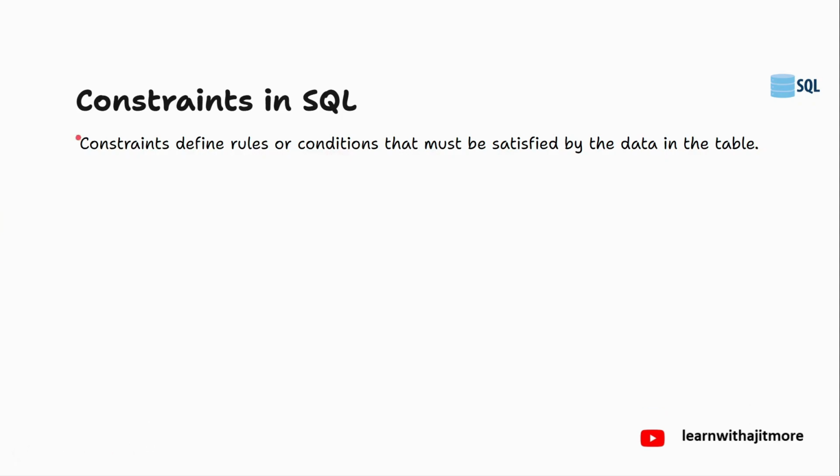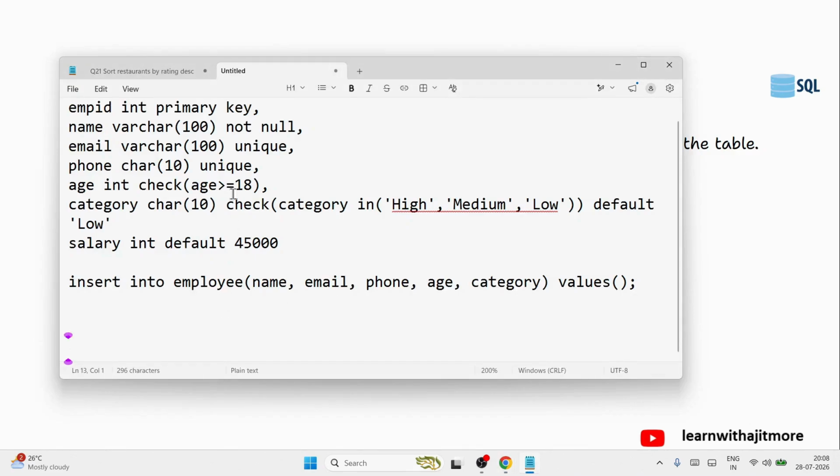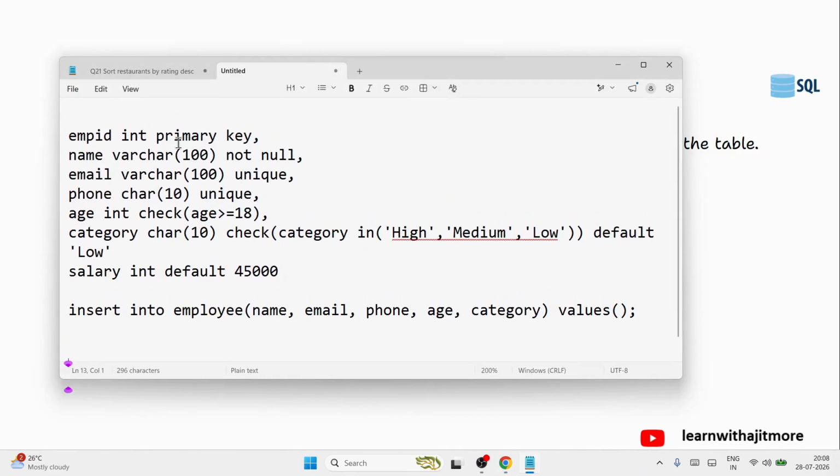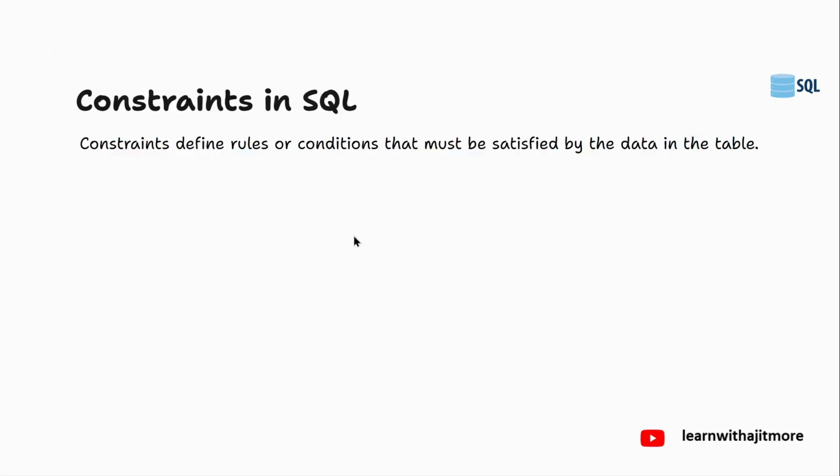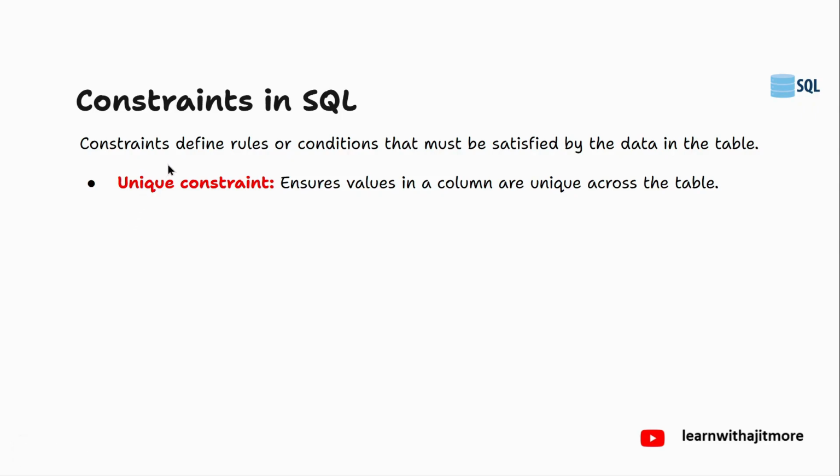ठीक है. तो constraints clear है. फिर primary and foreign key पे और detail बात करेंगे. We will talk about how to give this constraint. जैसे इसमें मैंने column level constraint, column के बाद ही लिखा है. You can give table level constraint also. So what is the difference between column level, table level? All that also we have to learn. ठीक है. But before that, we'll just talk about these constraints. So first is the unique constraint,